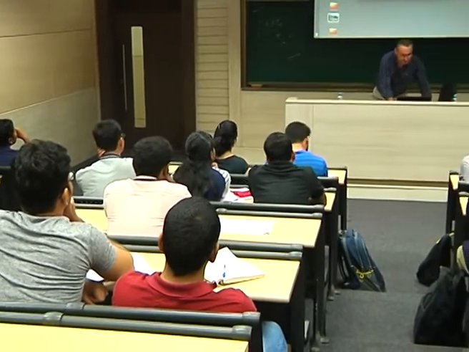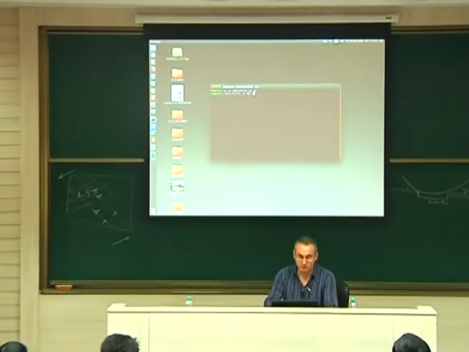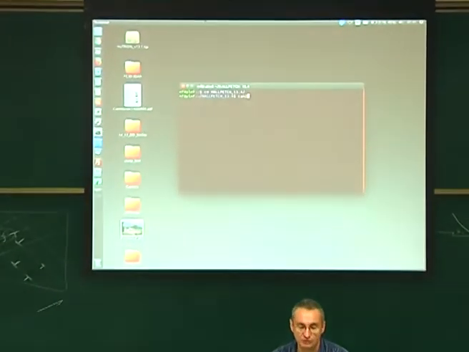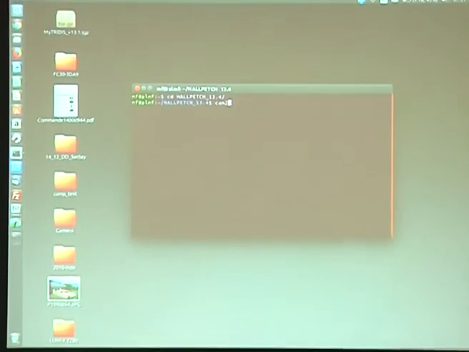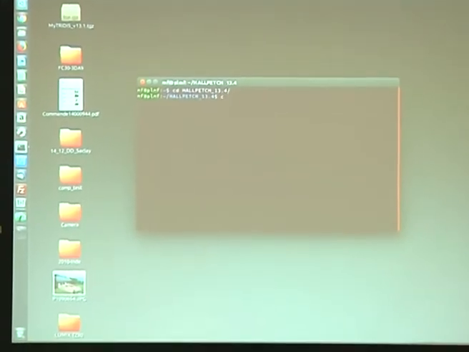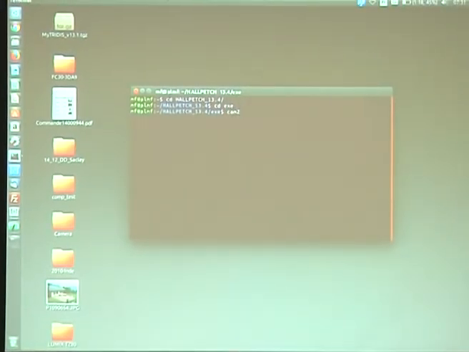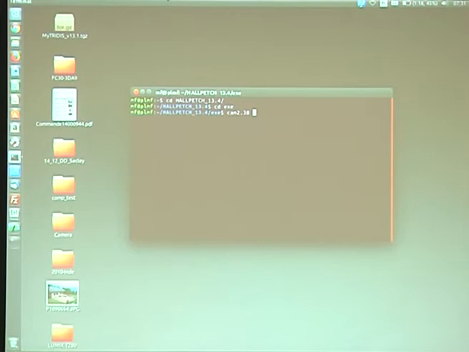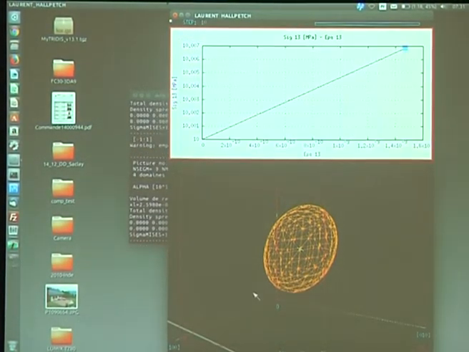So here I will show you an example. This is the one I was doing last week for a colleague of mine to illustrate the Hall-Petch mechanism. So you know what Hall-Petch is now, because you had an exercise yesterday. Hall-Petch is the size effect of a grain on the yield stress. And this is the DD code. So this is my DD code. I will make it clear like that.